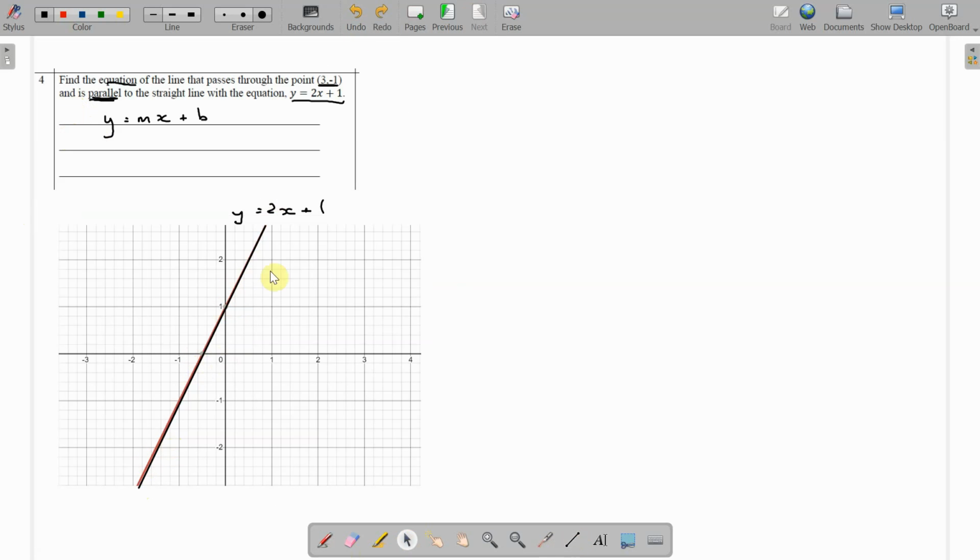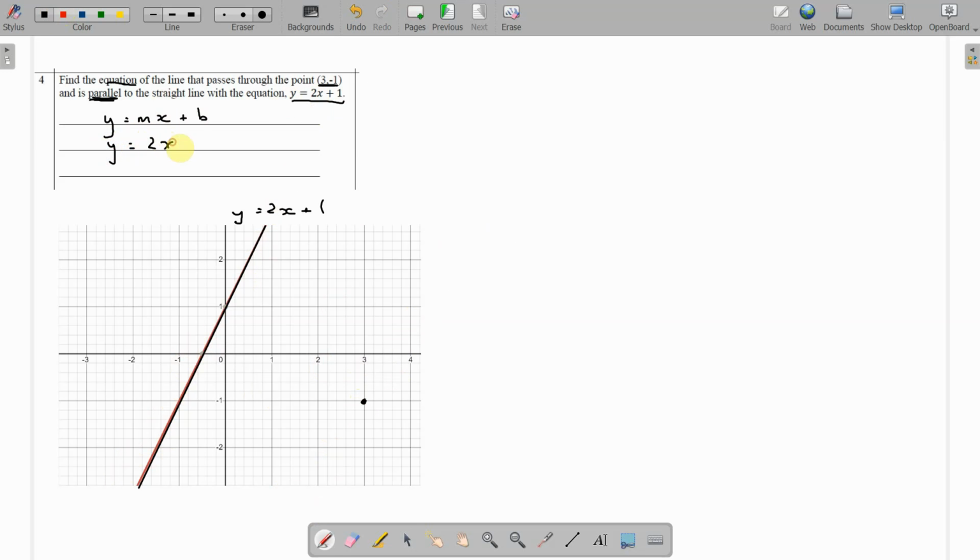A line parallel to this one is going to be over here somewhere because it's got to pass through this point, (3, -1). Now I've got a bit sidetracked. So it's going to be parallel to this one, same gradient, so it's going to be over here somewhere. Now what I know already from all of this is this 2 from this line here, that's the gradient of this one, 2. So it's going to be